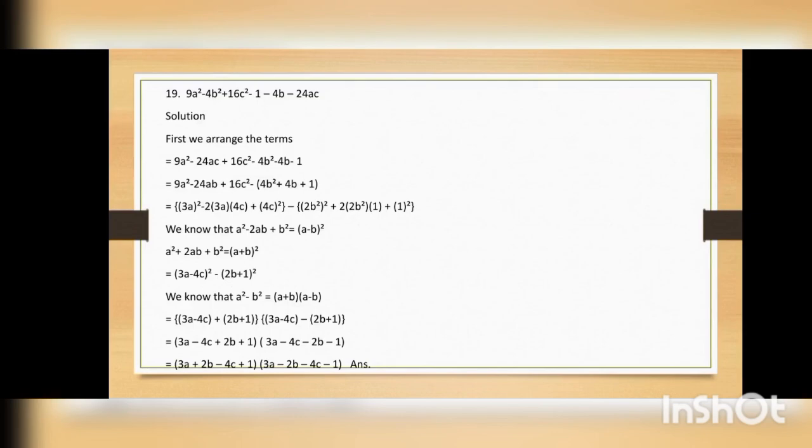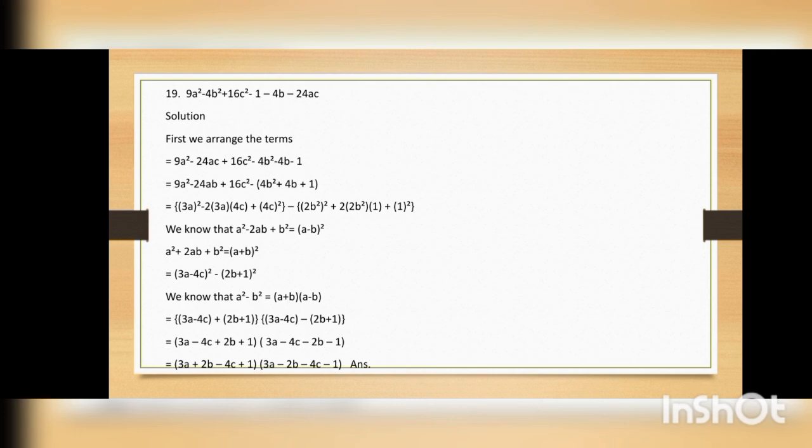Now we observe that we can easily apply the formulas of (a minus b) whole square and (a plus b) whole square. We can apply the formula of (a minus b) whole square in the first three terms, and in the last three terms we can apply the formula of (a plus b) whole square, because we have written this third step according to the left hand side of those formulas. So we now rewrite this step according to the right hand side of those formulas.